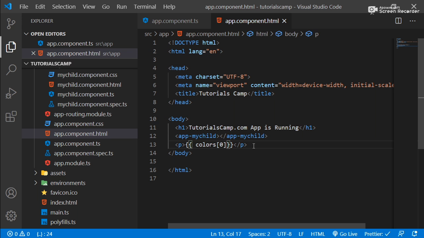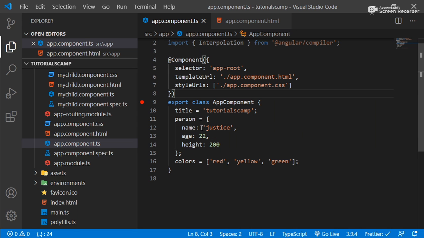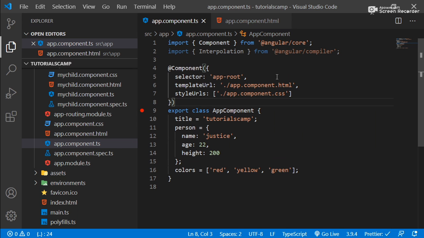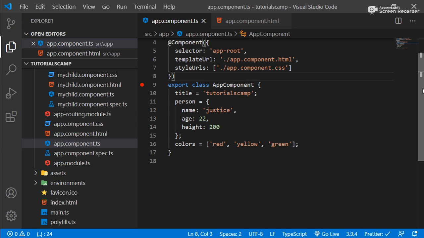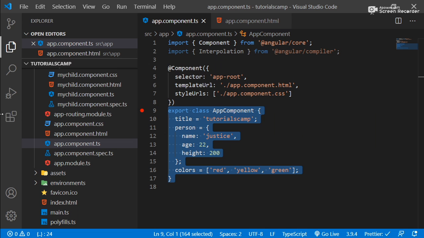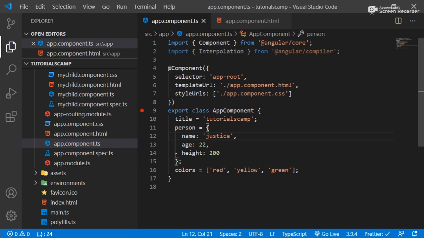So good, pretty simple. Okay, so that's string interpolation for you. Nothing wild, it's so simple to understand. Just understand that string interpolation, we just use it to bind some properties of a class into the DOM, right? And if you want to access